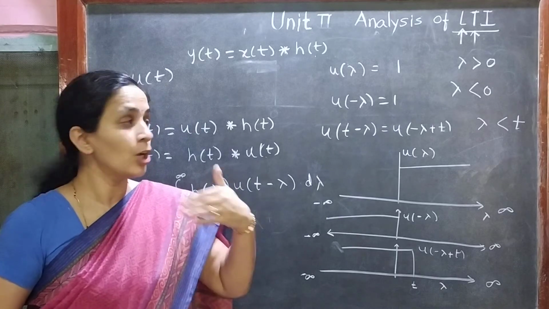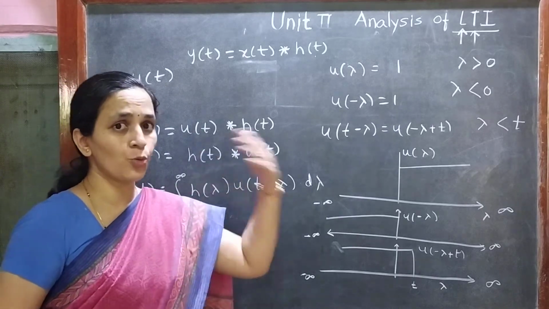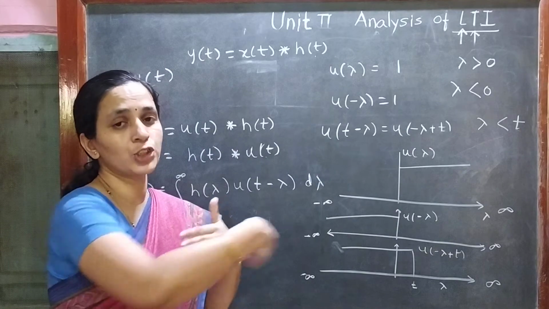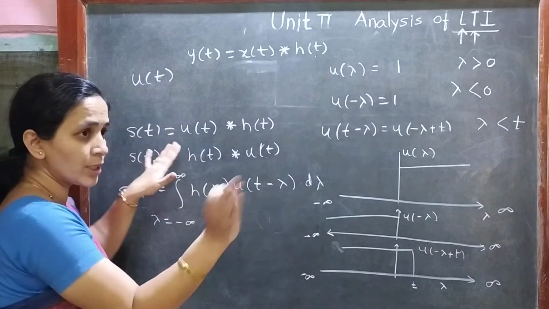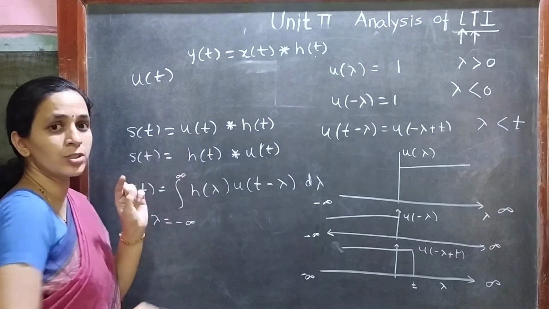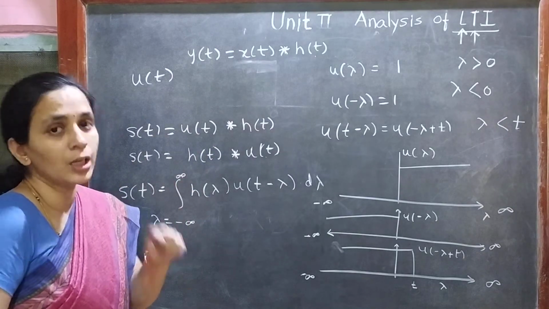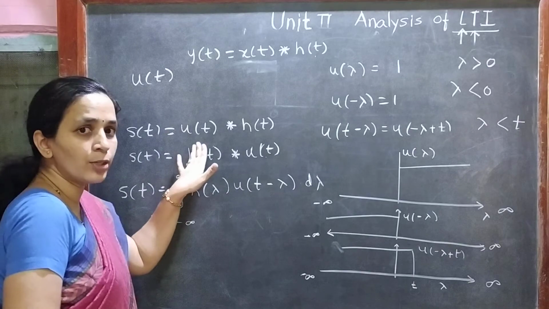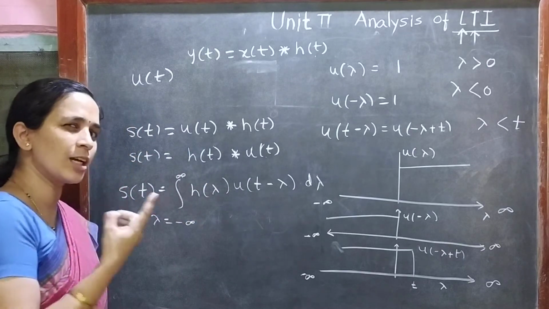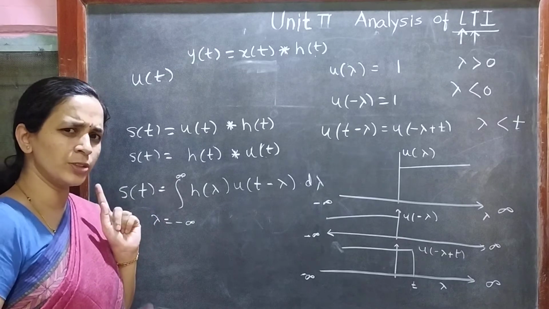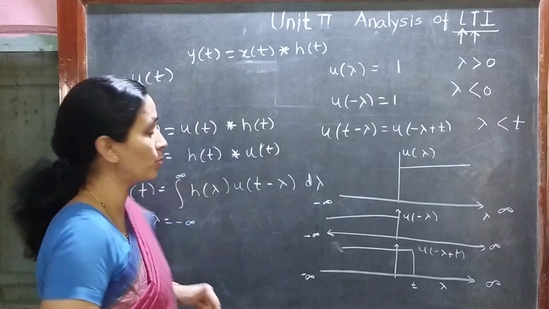Unit step signal u of t is equal to 1 for all the values of t which are greater than 0. That we all know, right? When that unit step signal is applied to the system instead of x of t, the response of the system to that unit step signal is known as the unit step response. Here I just want to ask, what is steady state response? Think about it in the background and then come back to me, right?